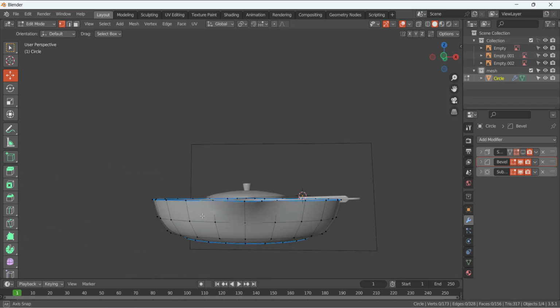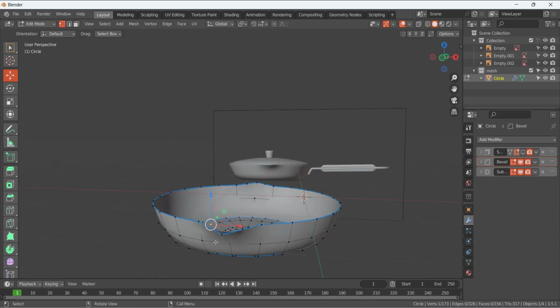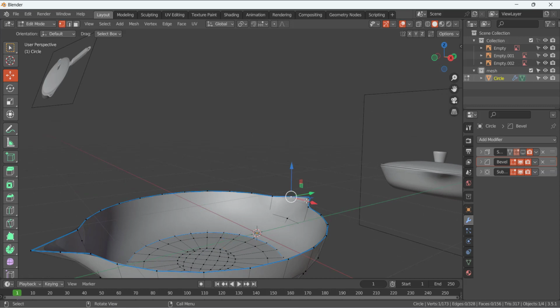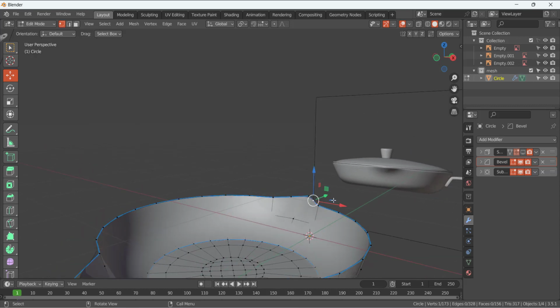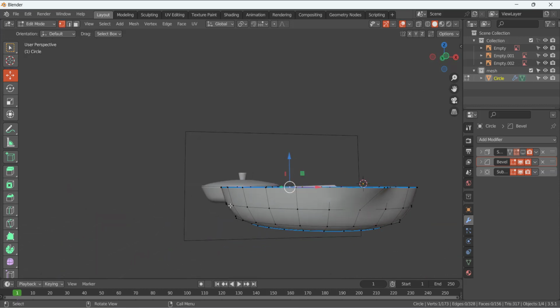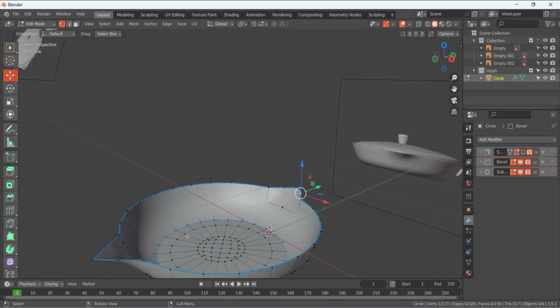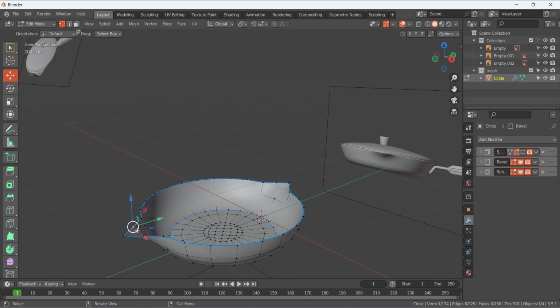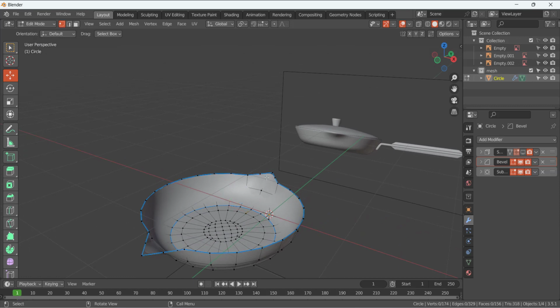So it will add a middle vertex here like that, you can see. And this edge, press 2 for this edge, we are also going to subdivide it one time. So we have, you can see, middle vertex is here,